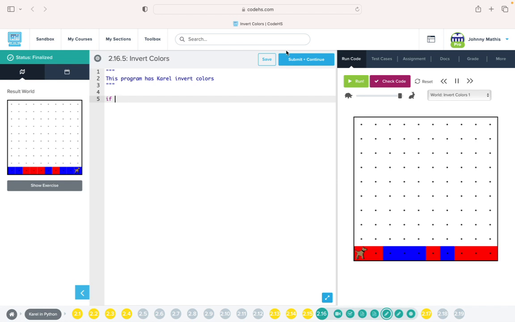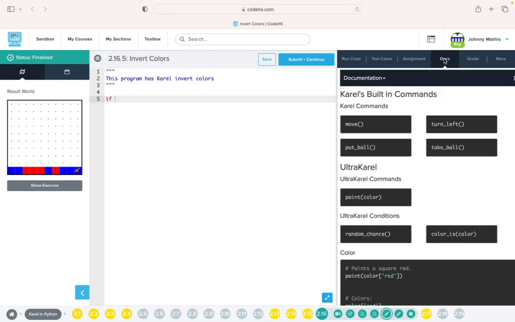So we just learned about color. So let's look at the documentation for color. Color is, okay, and then whatever the color is. So let's use that code we see right here, okay? So if color is, let's go with red, okay? If color is red,